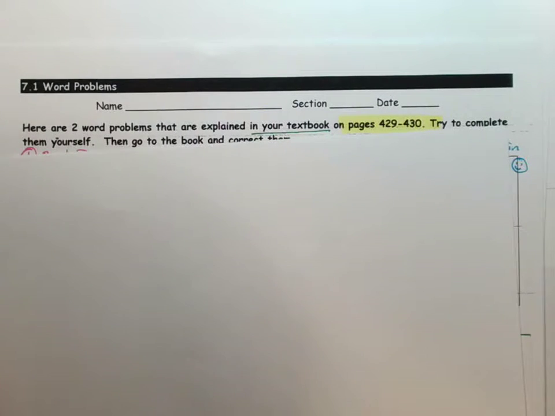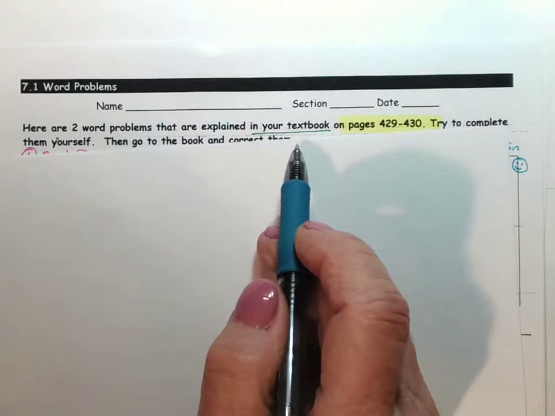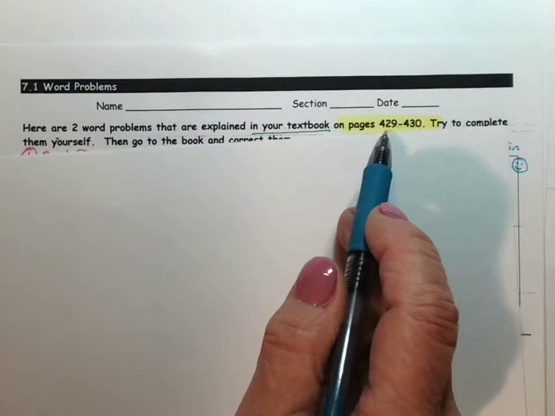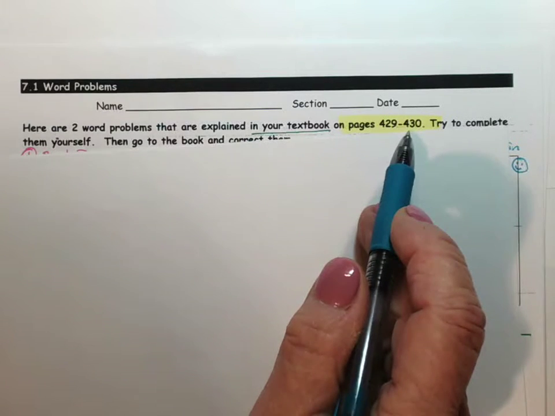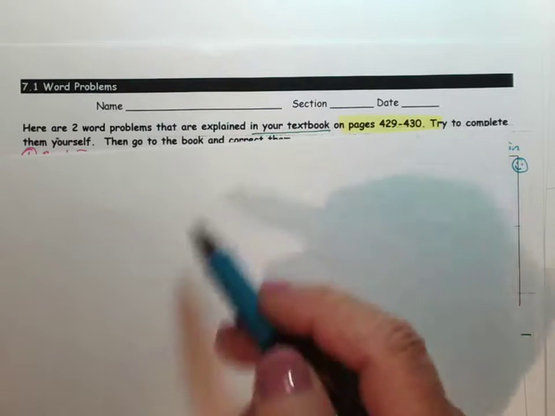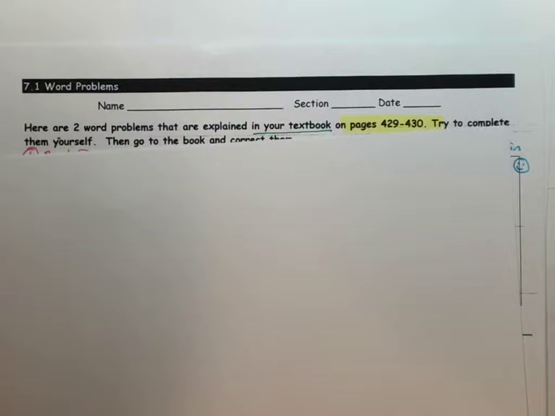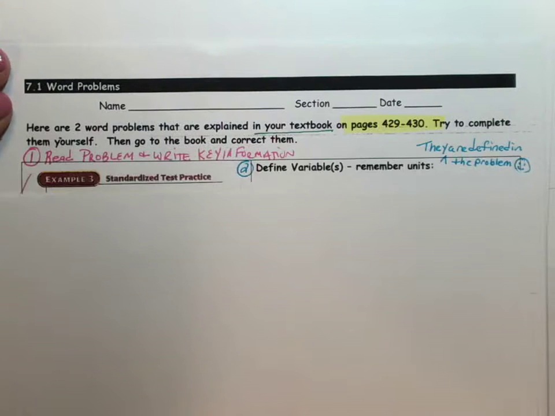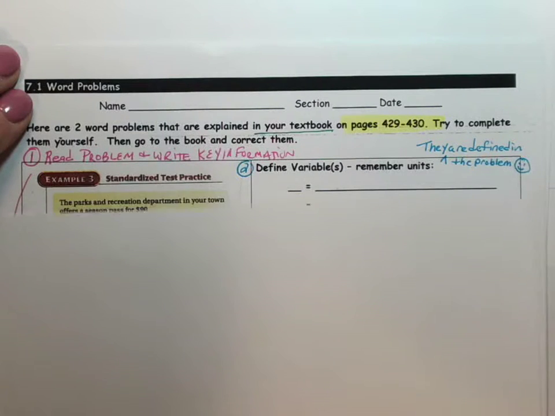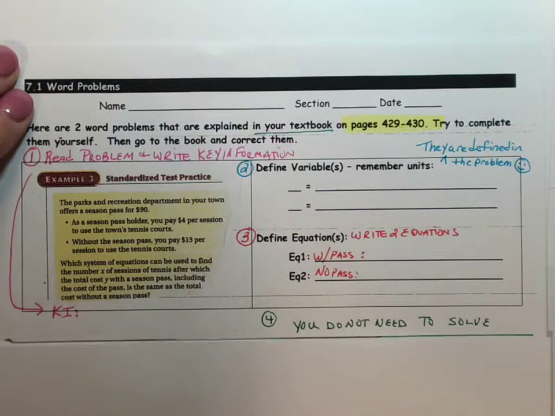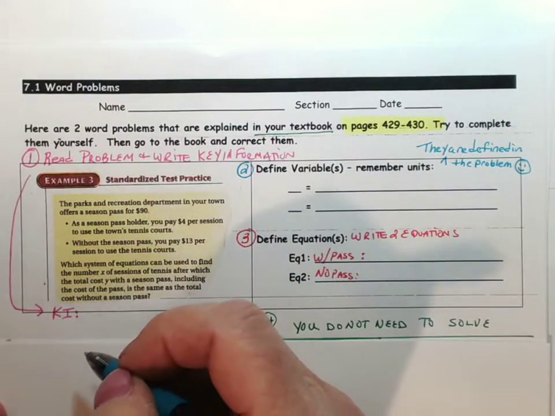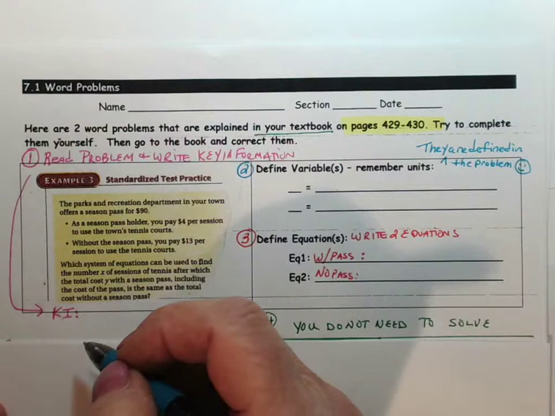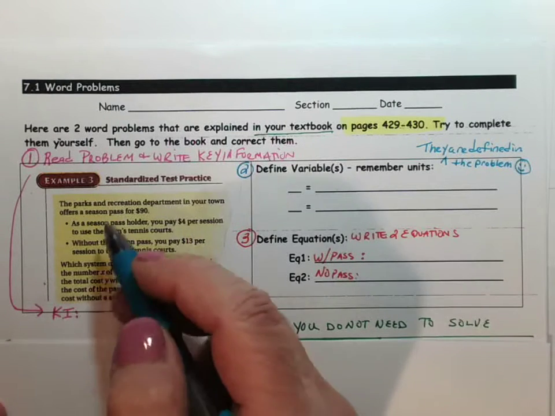So the front of this are two problems that are from your textbook. The first problem is on page 429, and the next problem is on page 430. On the back, there's additional practice problems. So let's start with this first problem. And what I'd like you to do is write these tips down. And then I want you to go through the problem